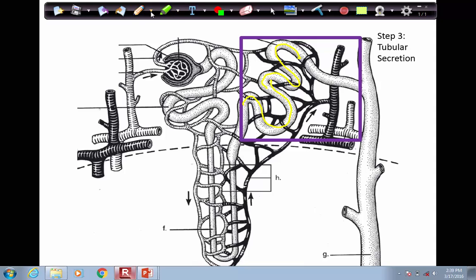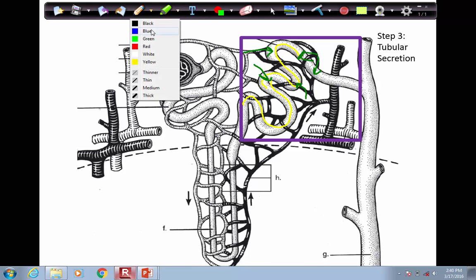Now in this step, additional substances are going to be added. They are actively secreted out of the peritubular capillary network. So in this case, hydrogen ions, creatinine, as well as any drugs in the blood are secreted from the peritubular